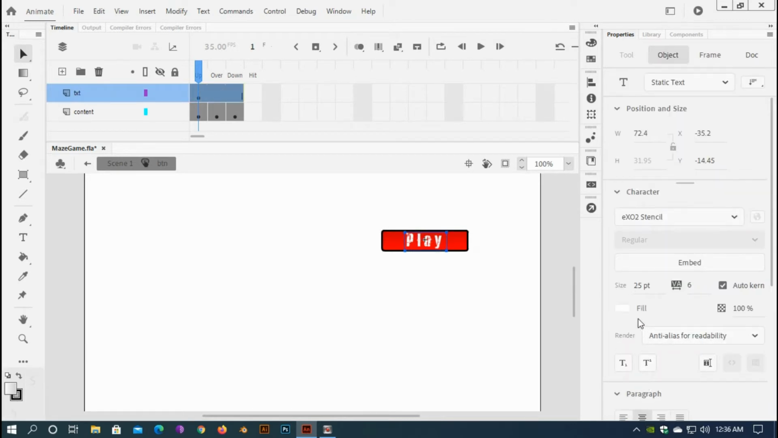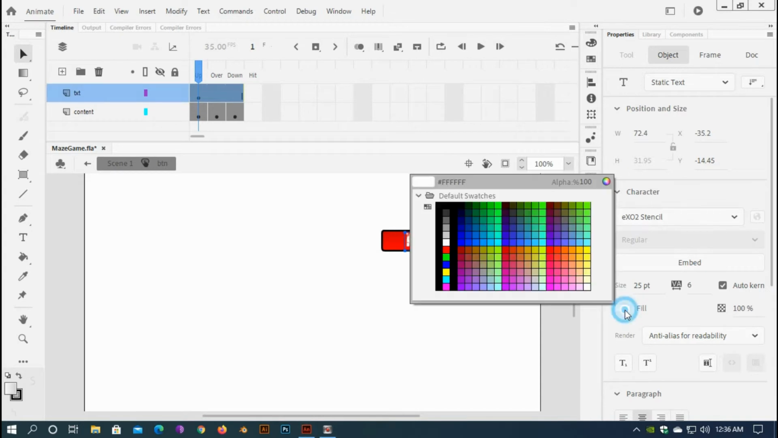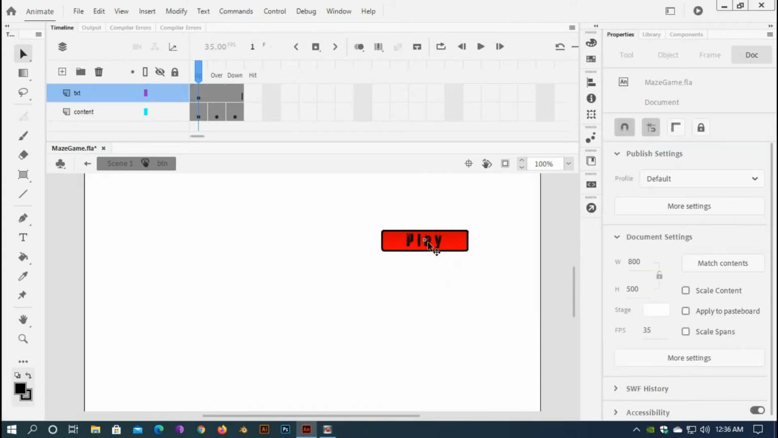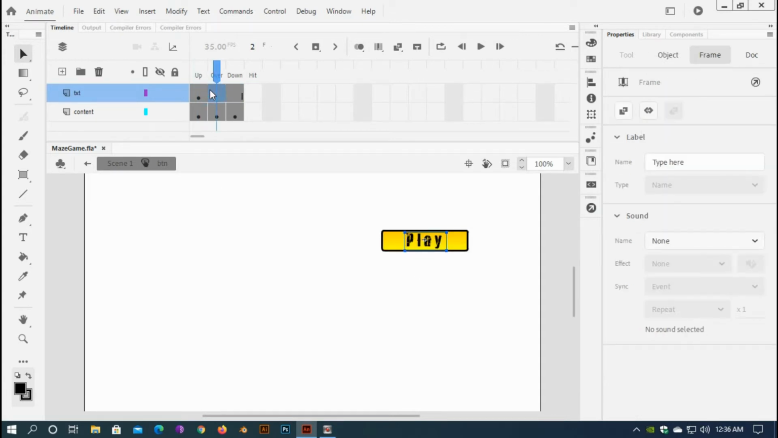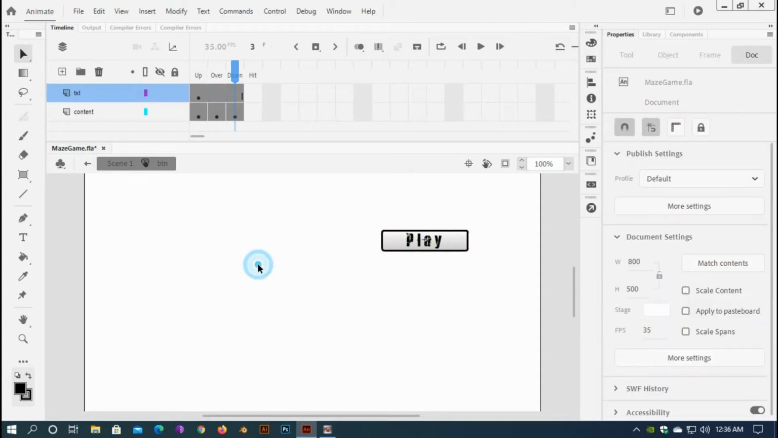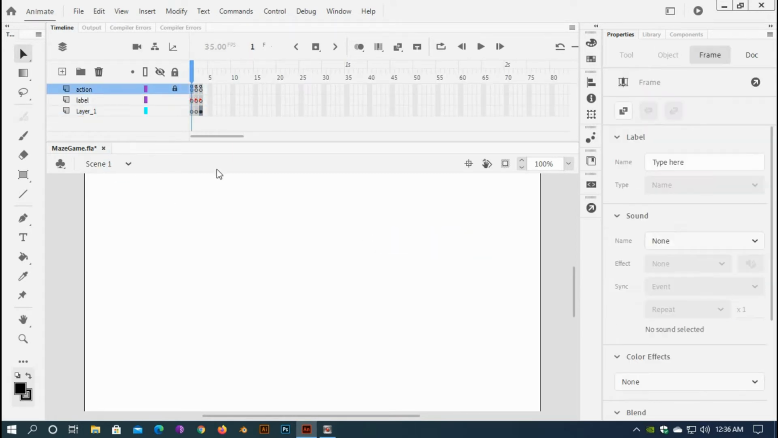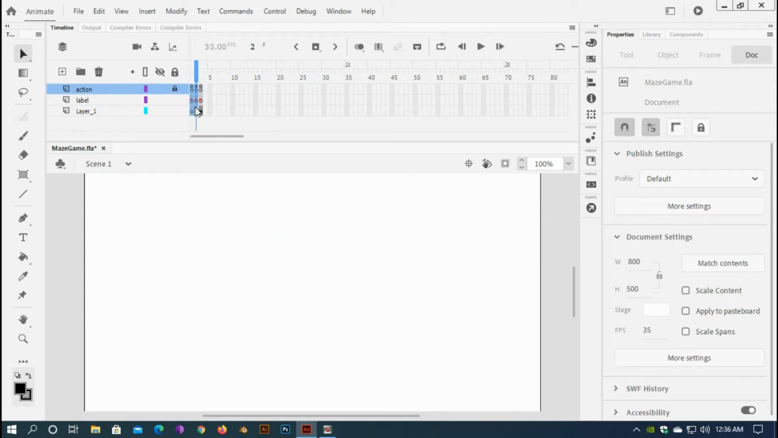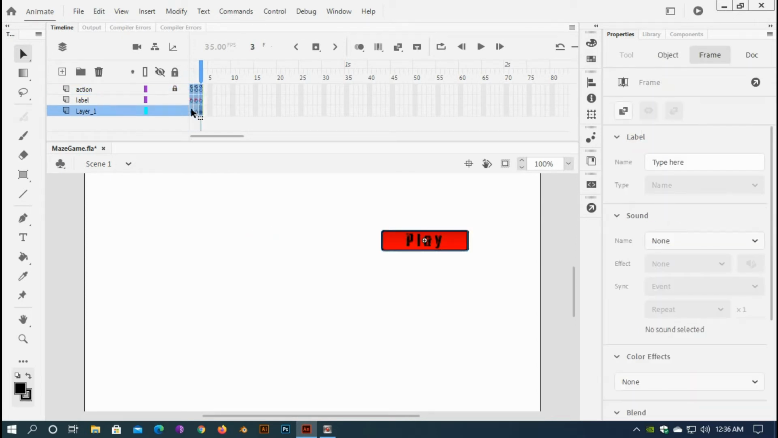And change the text color to black. Okay, it's okay. I think play, and I can change text color here or here. I don't need it to change here. And now I want to give this button a blur effect. Okay, let me test it first. Okay, I'll select everything, I'll drag,